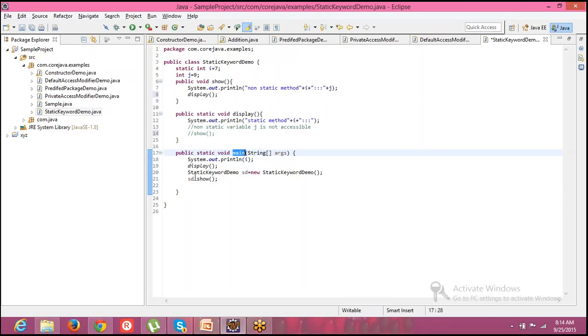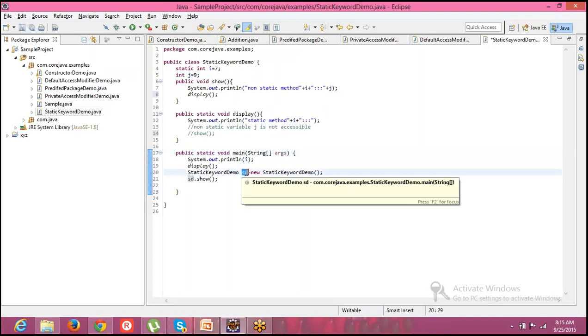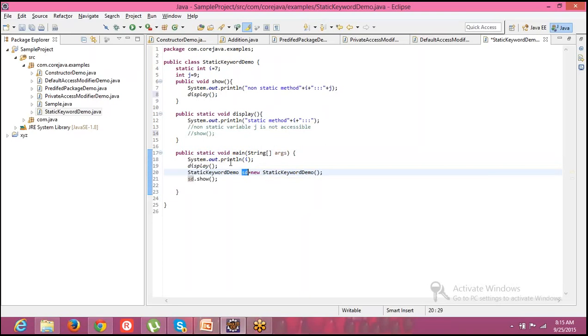Whereas coming to these two lines, like the 20th and 21st line, if you look at these two lines, you are accessing a non-static method inside a static method. How is it possible over here? With the help of an object of that particular class. As it is the main method, you are not bothering about this main method. Why? Because this is the syntax we have to follow, that is regularized by the JVM. So that's the reason why we have been following it without any questions. As I said, it is the syntax you have to follow.